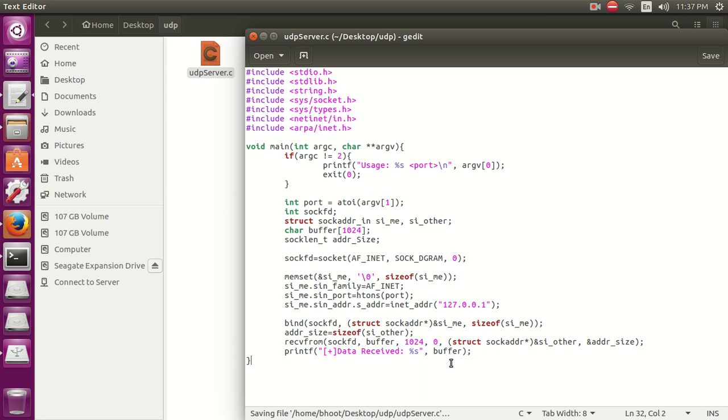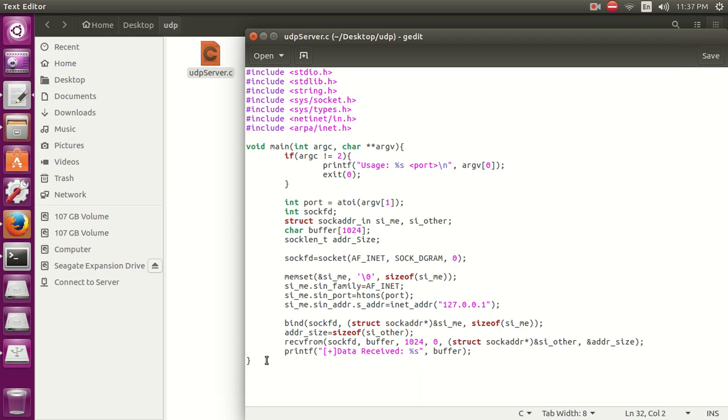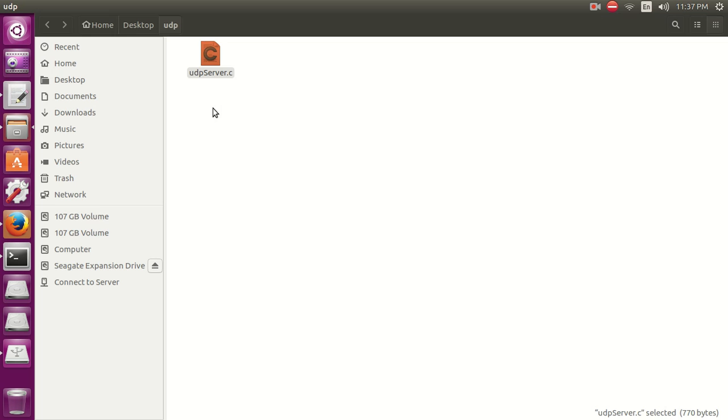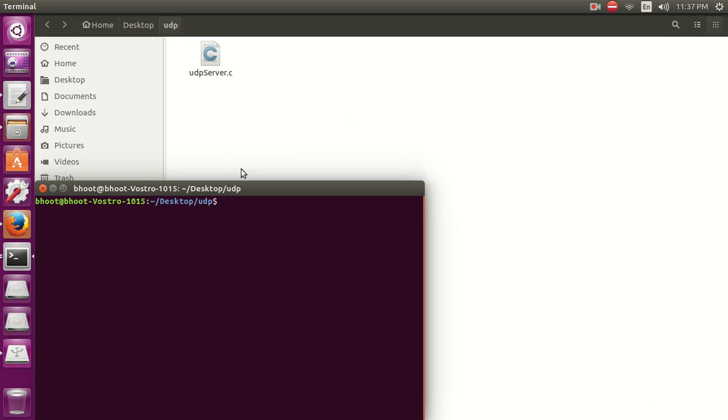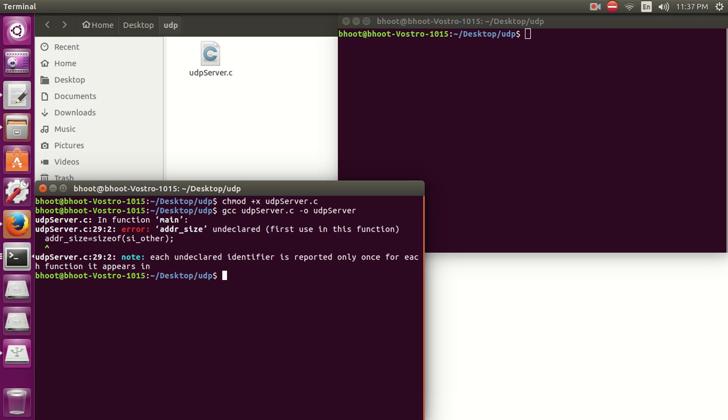So now our program is written in nearly 30 lines of code. Now let's compile it and then run it. Open another terminal also. First provide it permission to execute. So you can see